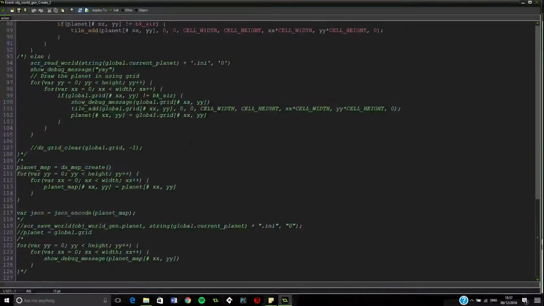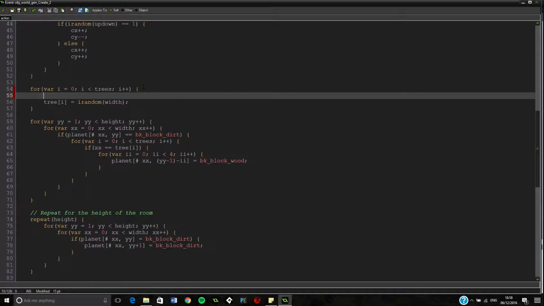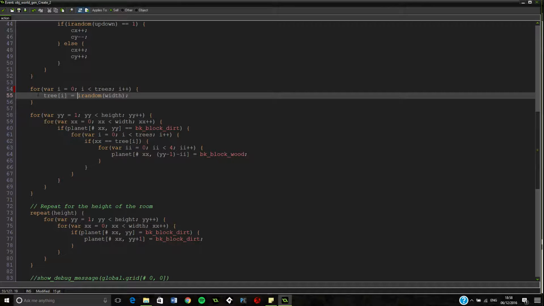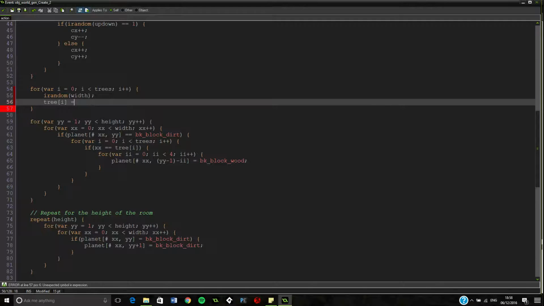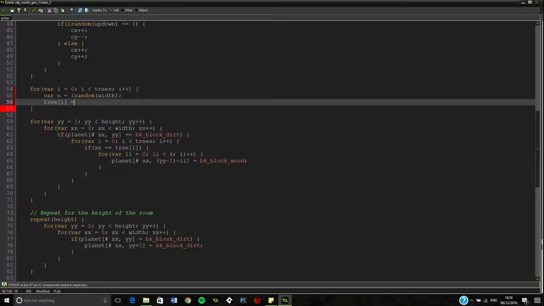So inside the little bit where we've done it here, we'll change this so that can go down there. Actually, that needs to go below that. So we will hold a variable, so it could be var n equals irandom width there, and then we'll say if tree